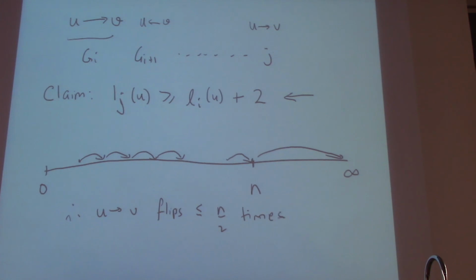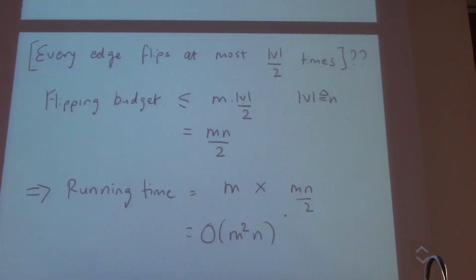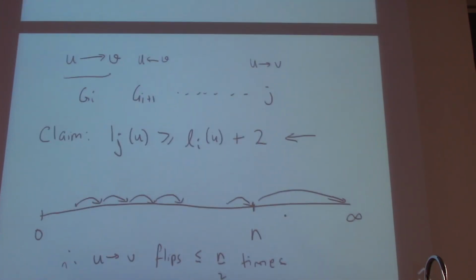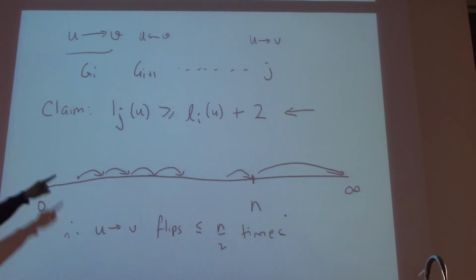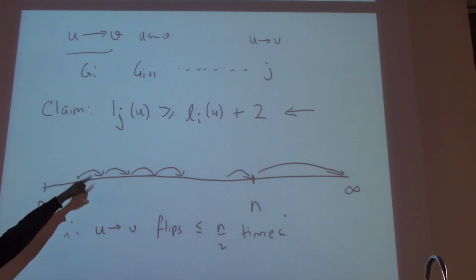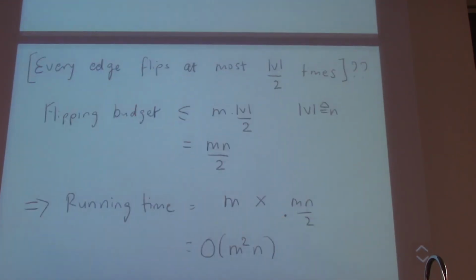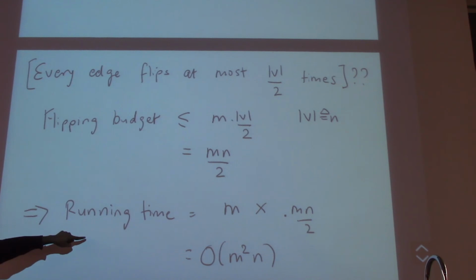Now, of course, all I did was replace one claim, which was this one, by another claim, which is this one. Luckily, this claim is a little bit easier to show just by using the fact that levels always increase. Once you know levels always increase, it's a very simple case analysis, again, which is in the notes, that shows you this fact. Once you have this fact, you can prove this fact. And once you have that fact, you prove the overall.